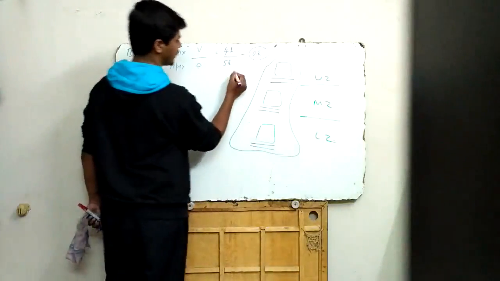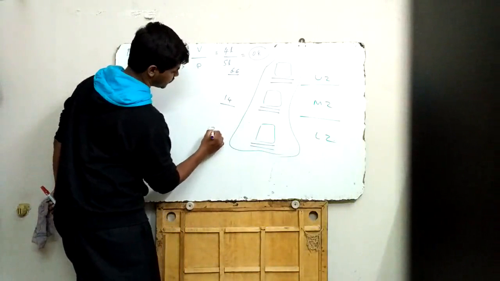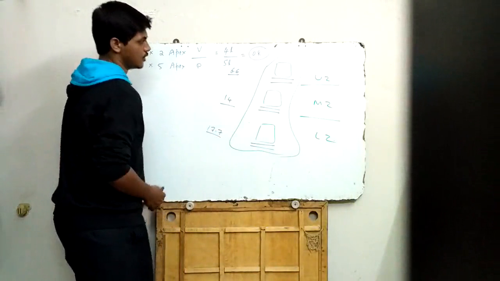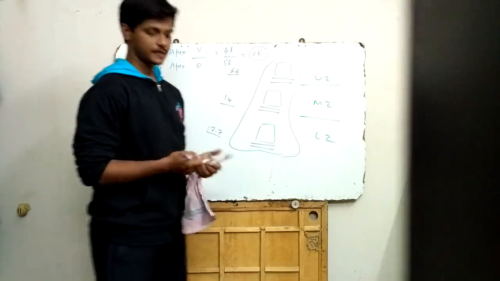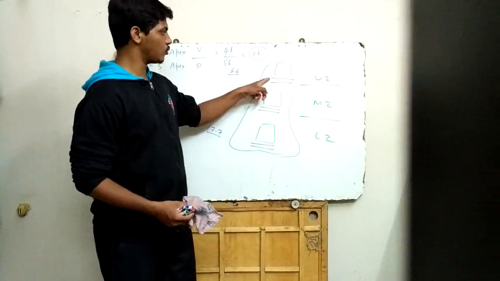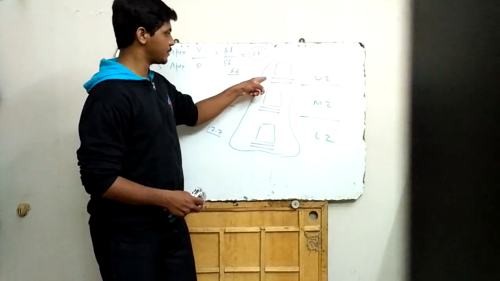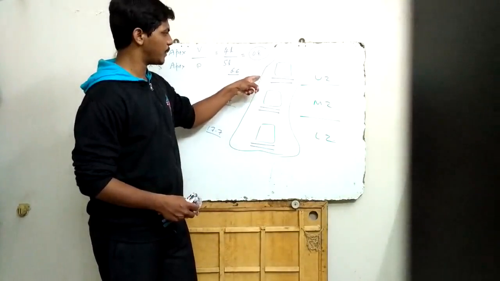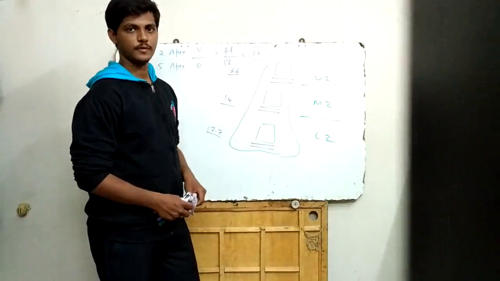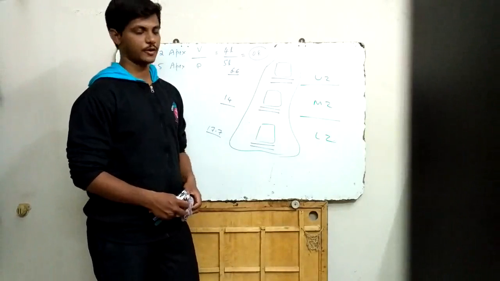So what was the pressure here? 6.6 mmHg. Here 14 mmHg. Here 17.7 mmHg. Now here in the upper zone, what happens is the pressure in the capillary is almost the same as that of the pressure in the alveoli. So now this pressure is just able to maintain the perfusion.